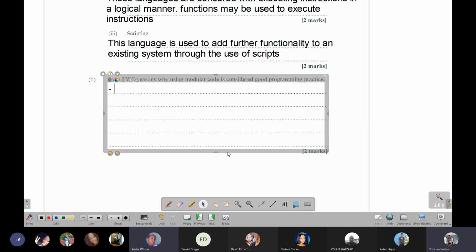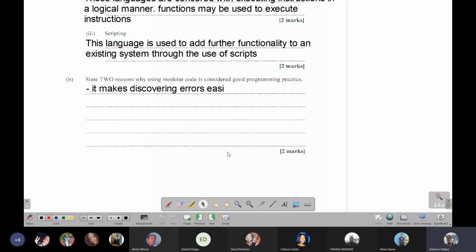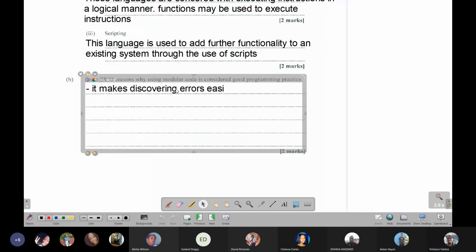It will be easier to find errors. Yes. So it makes discovering and fixing errors easier,